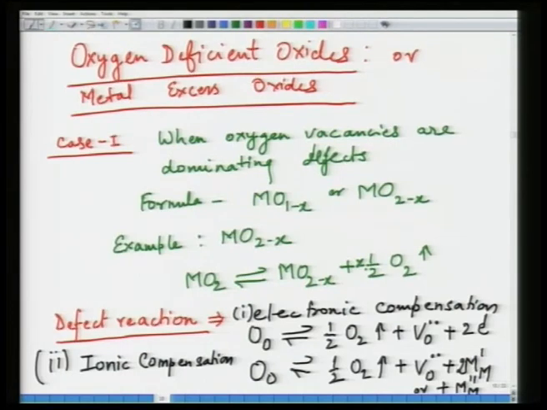And what decides which of these is going to be present depends entirely upon the oxide and various thermodynamic parameters, as we will see later on in this course. So, this is the first scenario, when oxygen vacancies are the dominating defects. Second scenario could be, so in the first case, case 1, and here I write case 2,